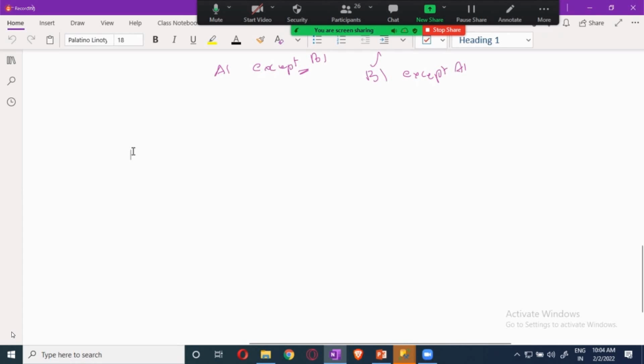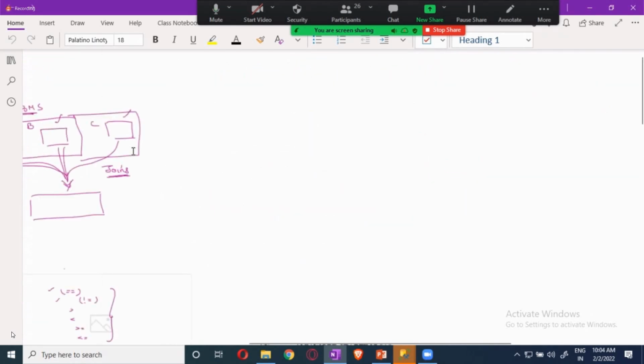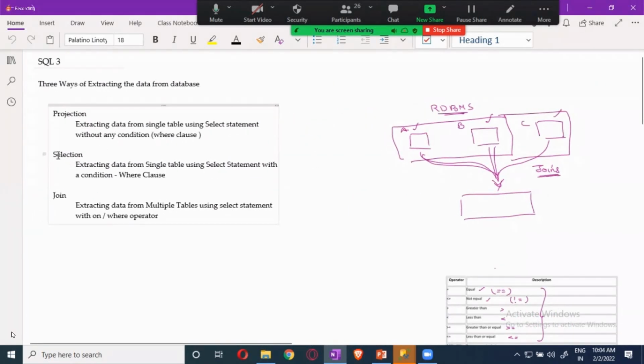One is called projection. The second one is called selection, and the third one is called join. Projection is the means of extracting data from a single table without any condition. Without any condition, you extract all the data.